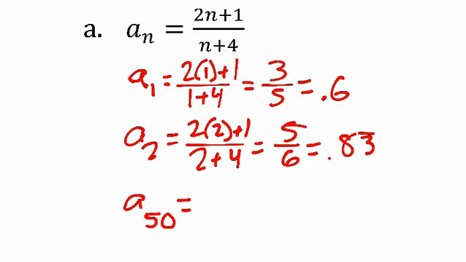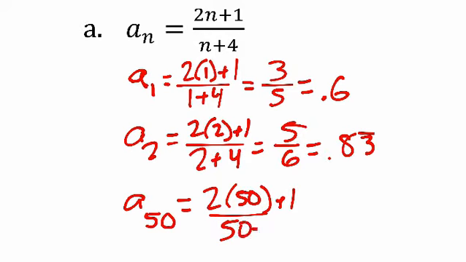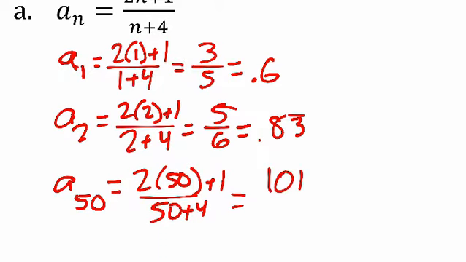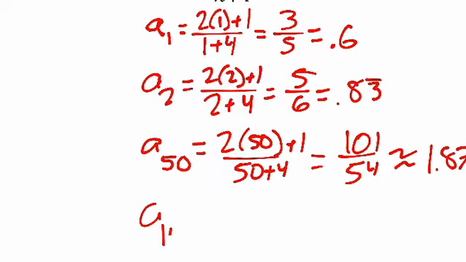Now, if we keep going, let's jump to a sub 50. We can plug in 50. We've got 2 times 50 plus 1 over 50 plus 4. Well, 2 times 50 is 100 plus 1 gives us 101 divided by 54. If we type that in as a decimal, that's about, I'll round it, 1.87. Now, if we plug in a sub 1,000,